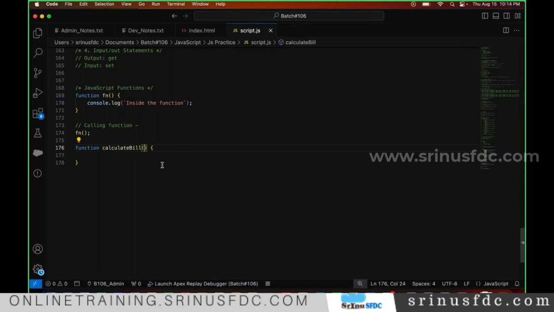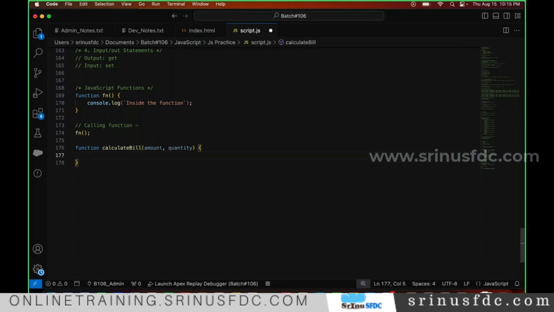Okay, so here I'm saying calculate bill. So amount, I'm supplying one parameter, and the other parameter, number of people, or otherwise let's say quantity. Amount and quantity. If you supply them, it has to do the calculation and the return,